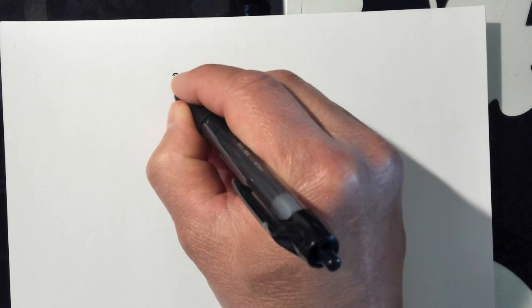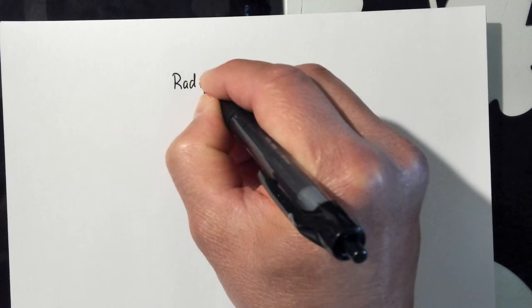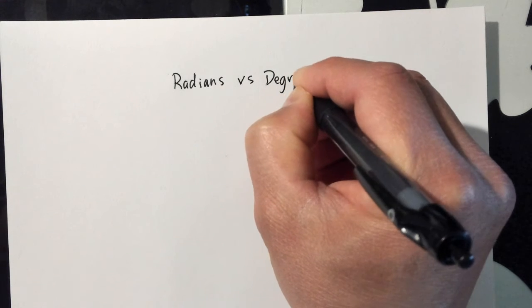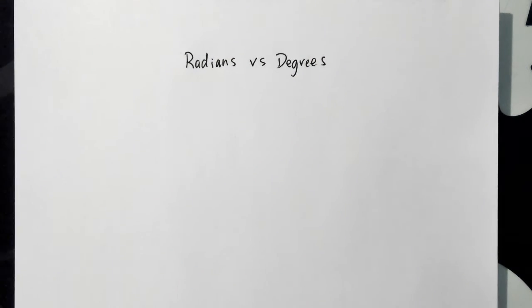Okay, part 2. Radians and degrees. Radians versus degrees, part 2. So, like I said, most of the problems are going to be real simple. But what do you do when